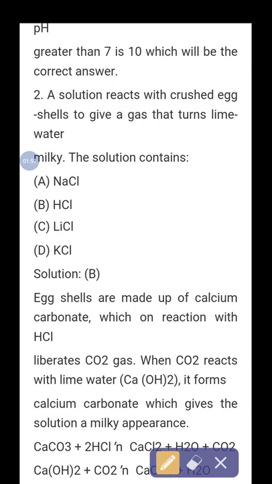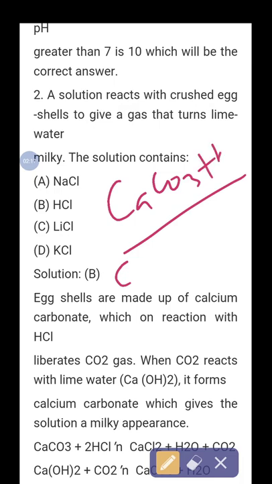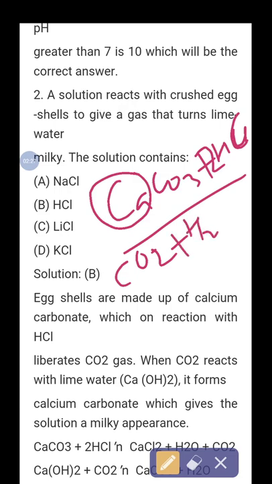The solution is, okay, eggshells are made up basically of calcium carbonate, that is CaCO3, which on reaction with HCl liberates carbon dioxide: CaCO3 plus 2HCl gives CaCl2 plus CO2 plus H2O. Then carbon dioxide reacts with the lime water, Ca(OH)2, to form calcium carbonate,